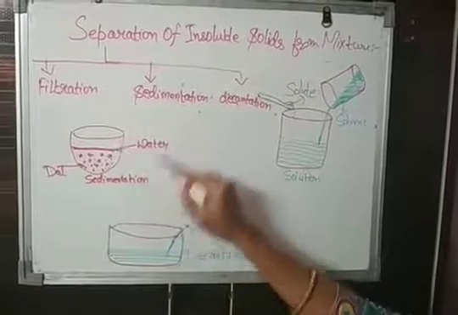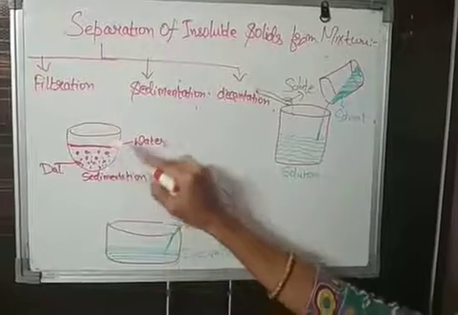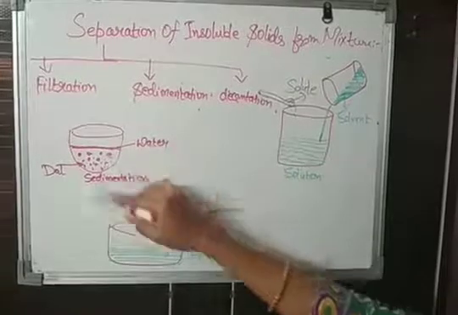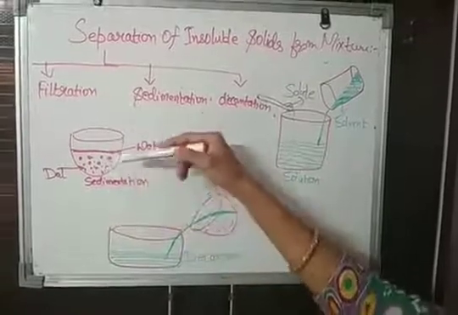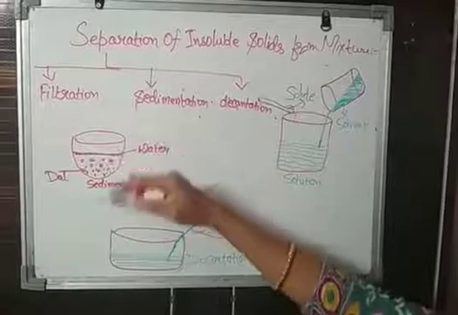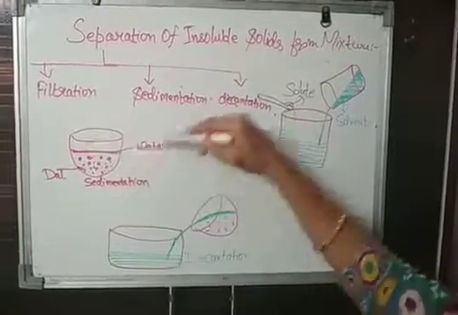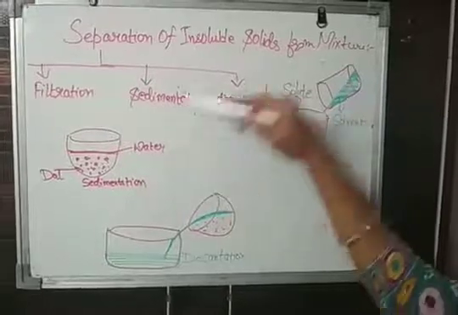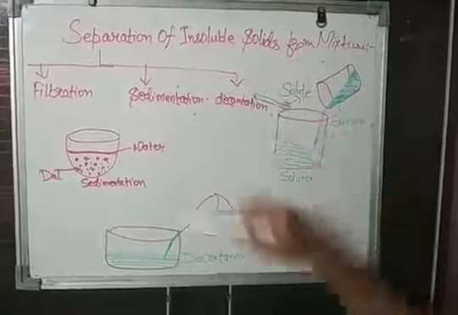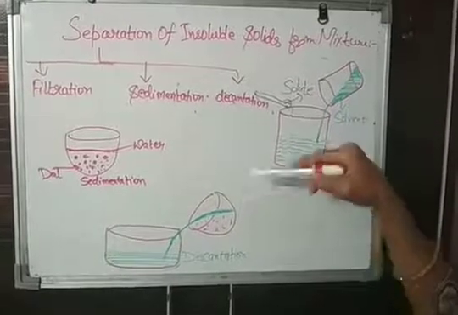That process is known as sedimentation. In this figure, you could see when you put dal for soaking, those dal pulses settle down after a certain period of time at the bottom of the water in the bowl. That is the process of sedimentation. The next process is decantation. What is decantation? Continuing from sedimentation, you have to continue with decantation.